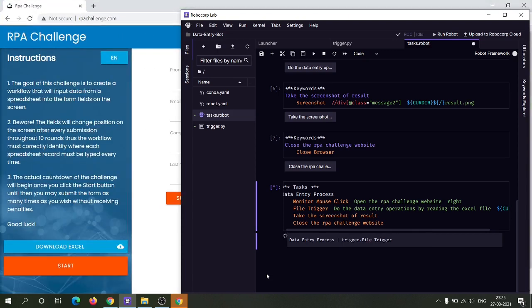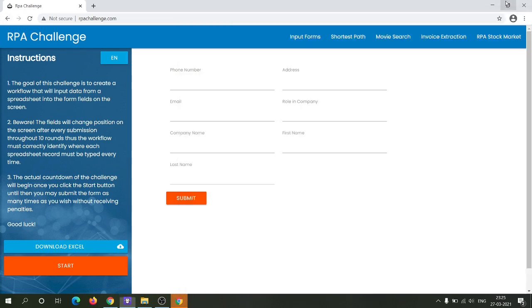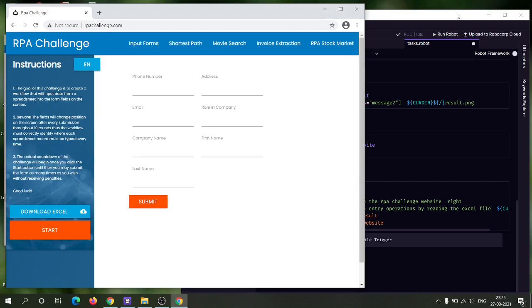Yeah, so now it is waiting for the file trigger, that is whenever I add that Excel file to this current directory, it will trigger this data entry operation. And for that we have to add the file.